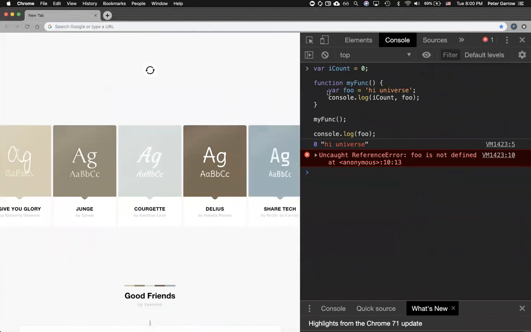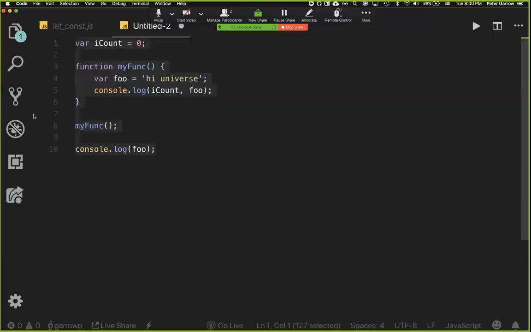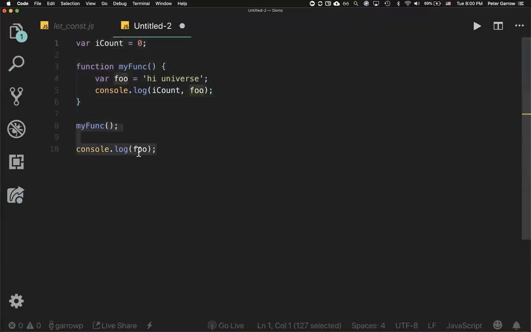Okay, so let's look at this. It outputs something here, and that output looks a lot like this iCount and then foo. But then we get this uncaught reference error: foo is not defined at line 10. Perfect. So what's happening here is this var foo, hoisting still occurs within the function. However, it gets hoisted to the very top of this function. So we can't really see that it goes anywhere else,